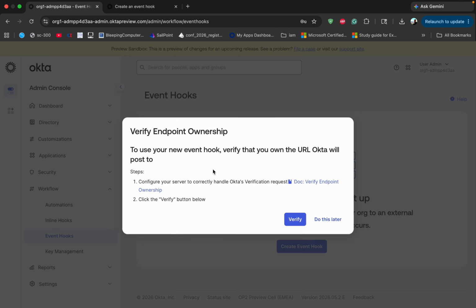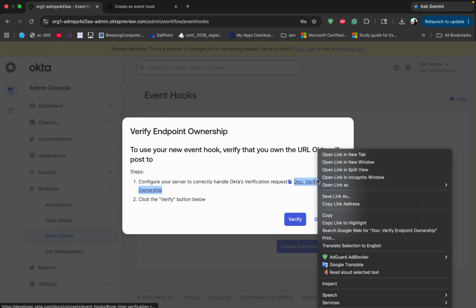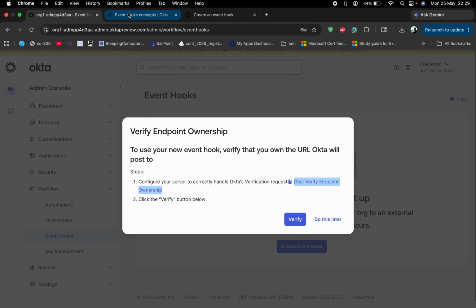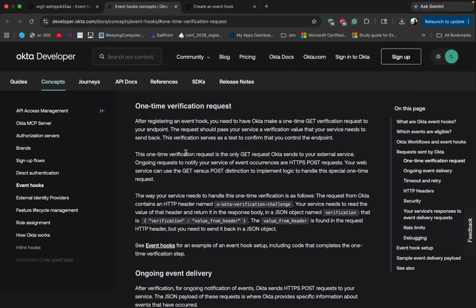And after saving, it says Okta will verify the ownership. That means Okta asks us to do something on our API server that will validate that we actually own the server. It's not a random server that we are exposing or giving to Okta. So for that, it mentions that for the verification request,